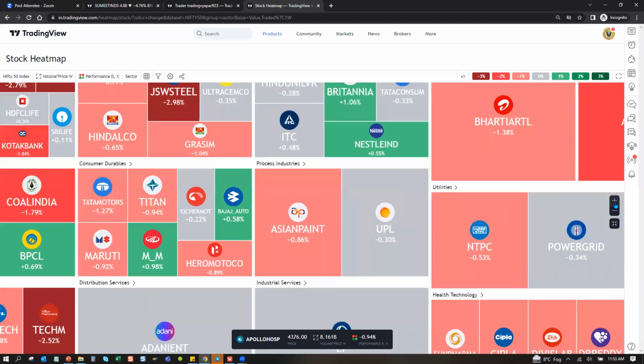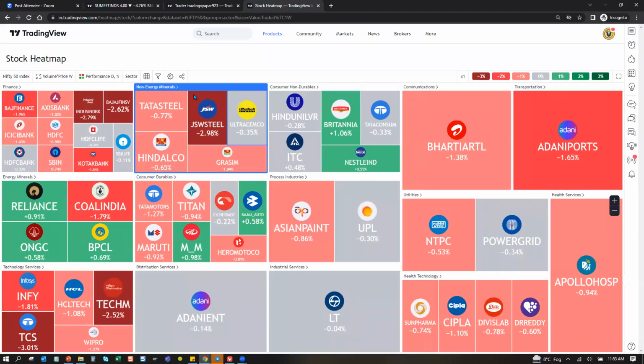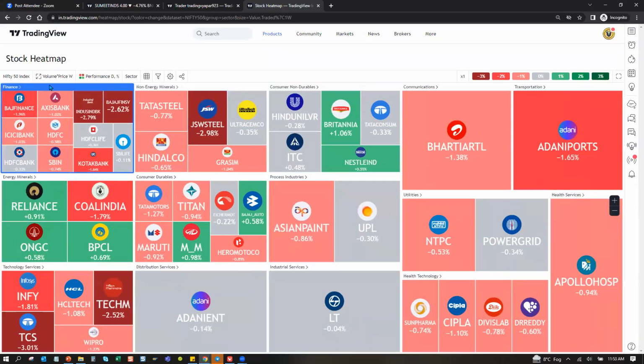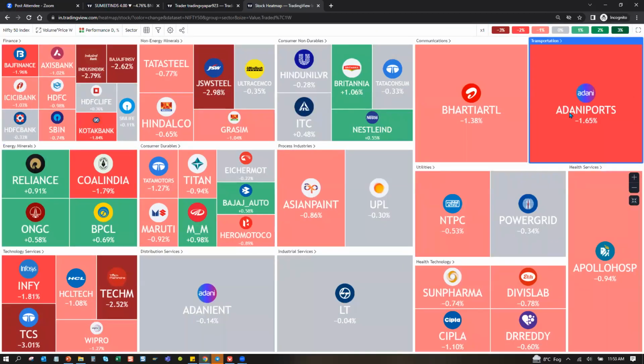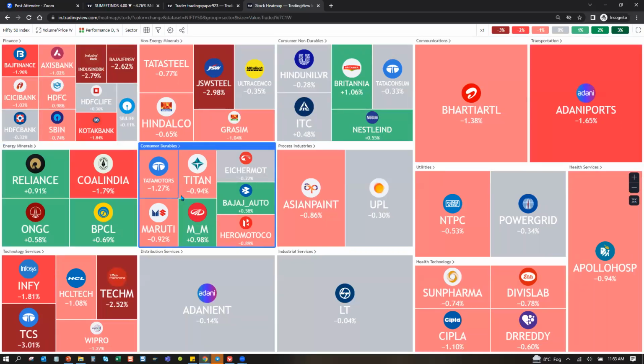Okay, you want to zoom in, zoom out, do a full screen. Where is the button for full screen? Yeah, this. Do a full screen view. Just keep it open in one tab. Whenever you're trading, just keep it open in one tab. Set it once and then keep it open in one tab.